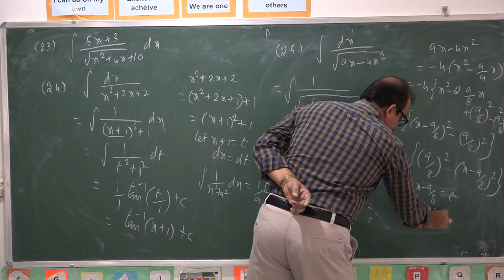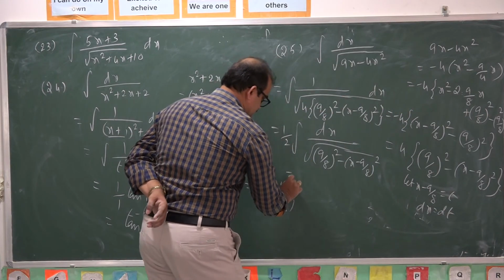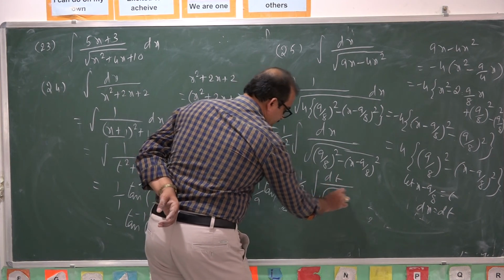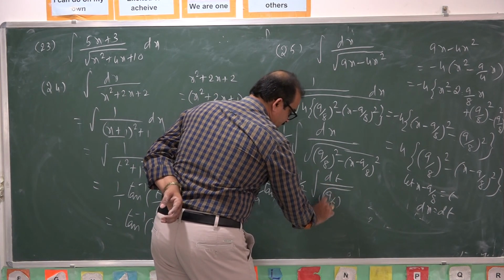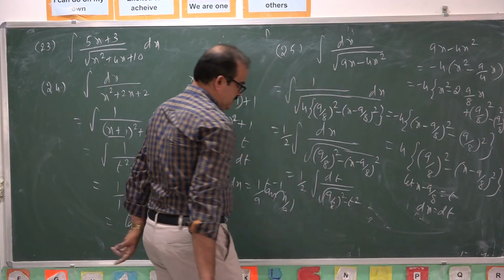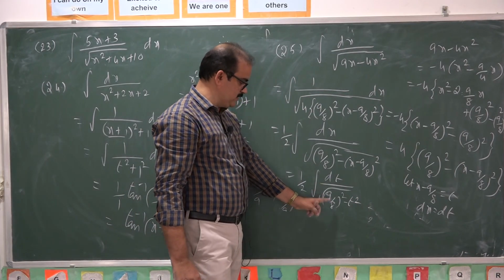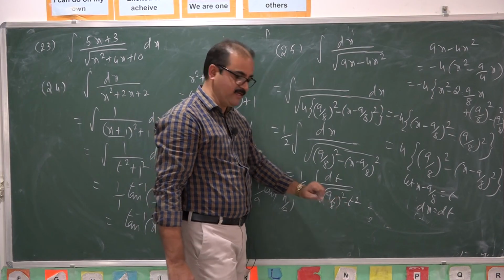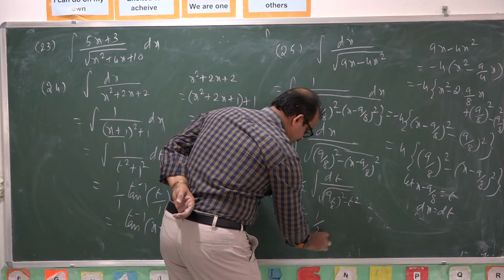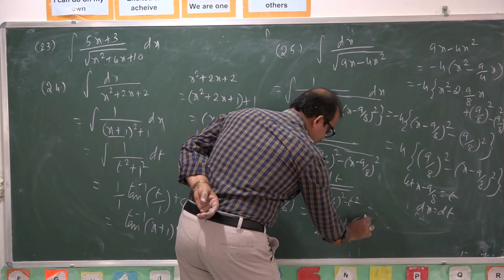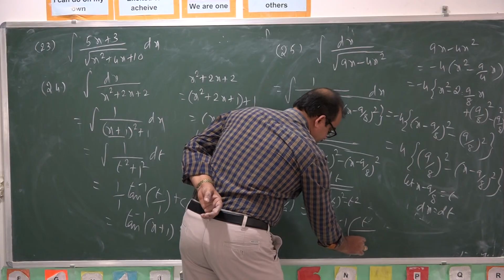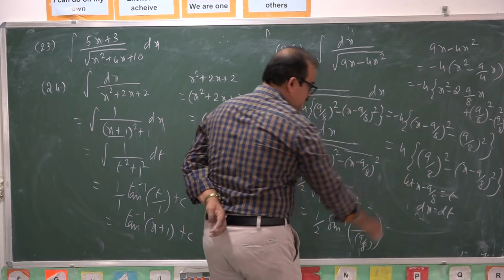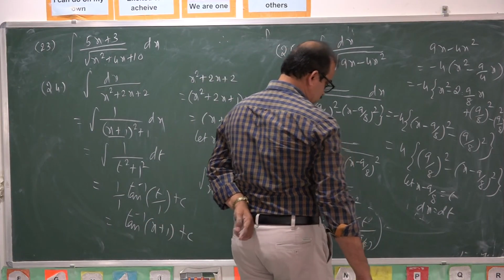Then dx is equal to dt. So this integration becomes 1 by 2 into integral of dt by root of 9 by 8 whole square minus t square. It is in the form of integral of 1 by root of a square minus x square. The formula is sin inverse x by a. So 1 by 2 into sin inverse x by a. X is t, a is 9 by 8. But what is t value? X minus 9 by 8. You substitute t value,